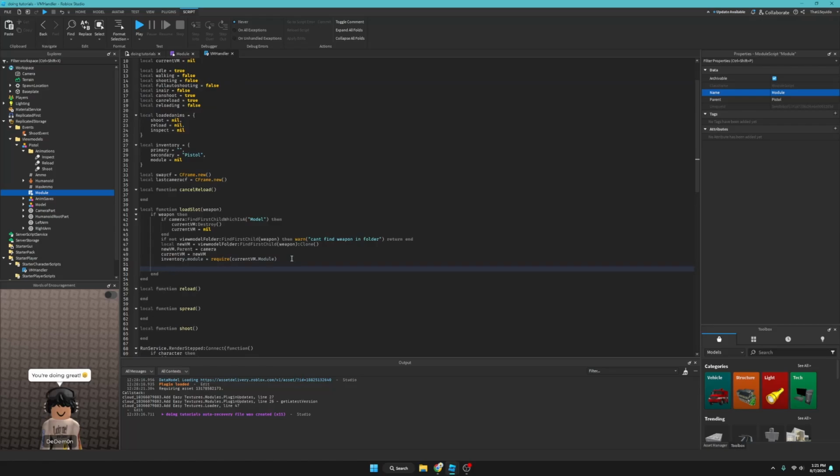Now we're gonna load some animations. So loadedAnimations.shoot equals newVM.humanoid:LoadAnimation(newVM.animations.shoot). Then we can just copy this, change this to reload, change this to inspect, and there we go. That's how we load our